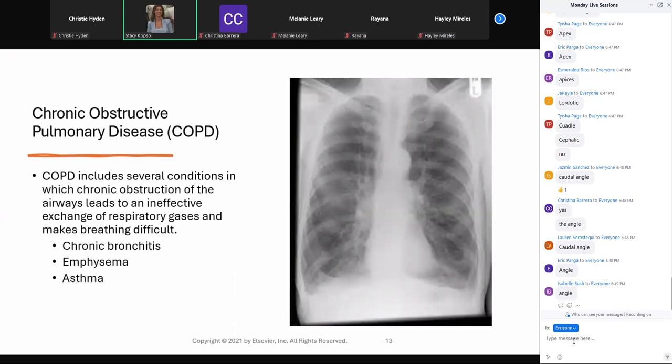COPD, chronic obstructive pulmonary disease, several different conditions where there's obstruction in the airways leading to an ineffective exchange of respiratory gases. So they're obviously going to have a hard time breathing. They can get emphysema, asthma, chronic bronchitis. You'll usually be able to hear them as you're getting the history on the patient, realizing that they are going to have a lot of inflammation